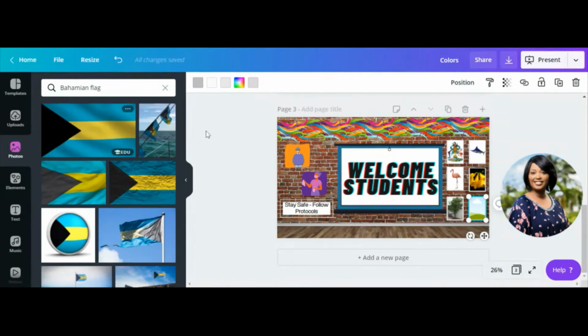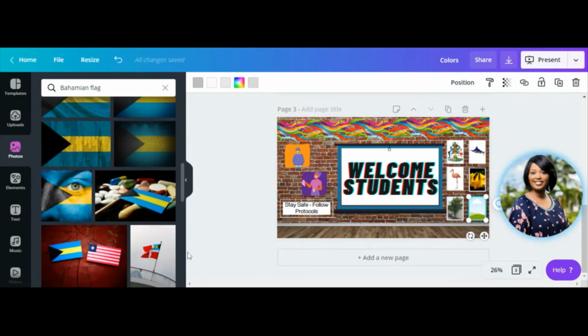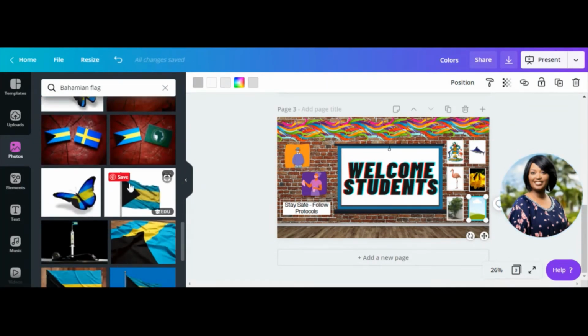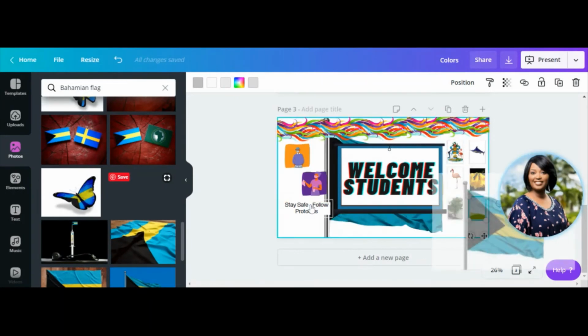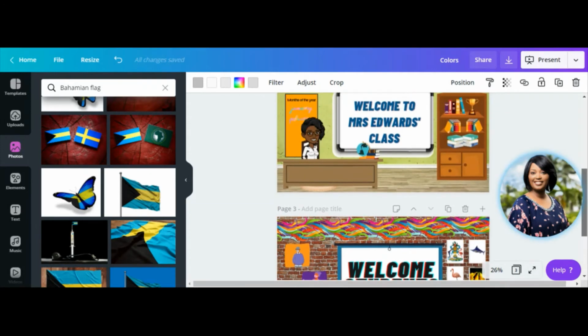Okay, so that's not a good option. So let's scroll down a little bit and see if we can find a better option. Let's try this one because it's slightly smaller in the frame. Okay, so that's going to have to work, but there are other options you can actually play with. Okay, good. So I want to now add my